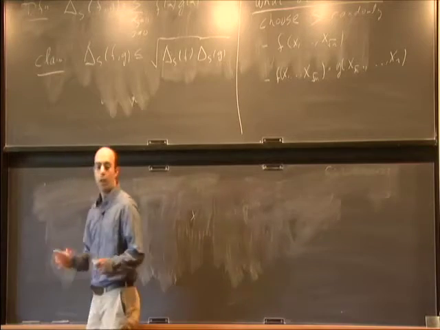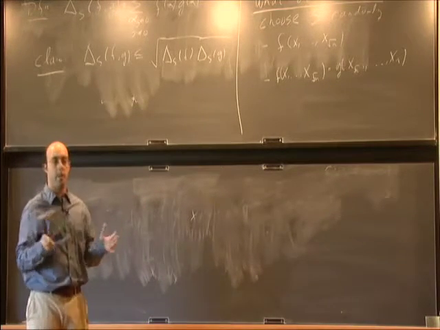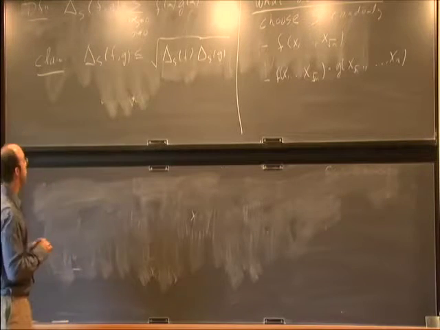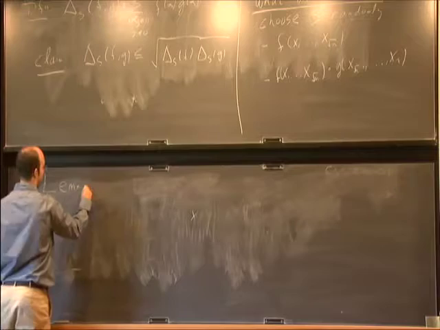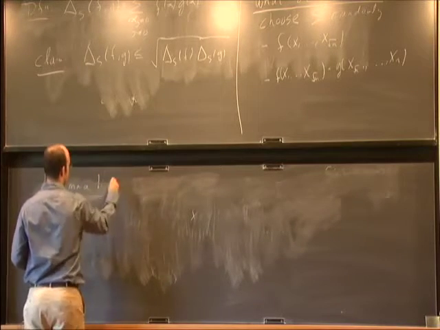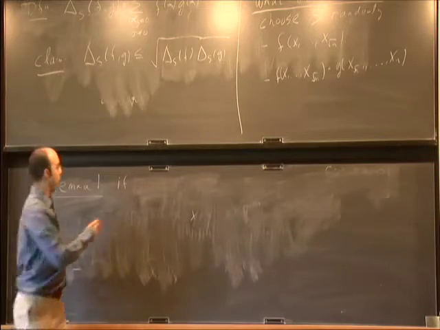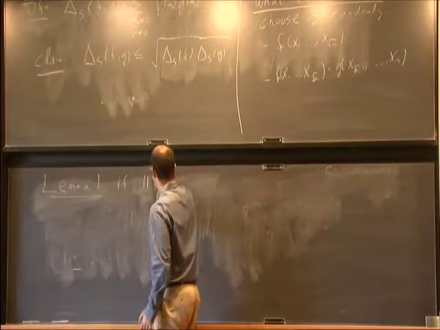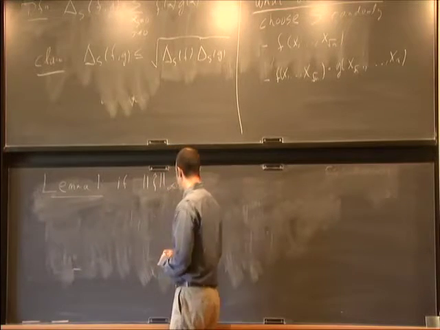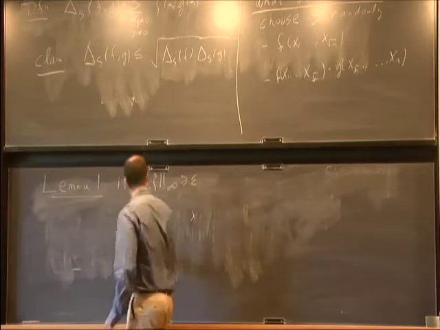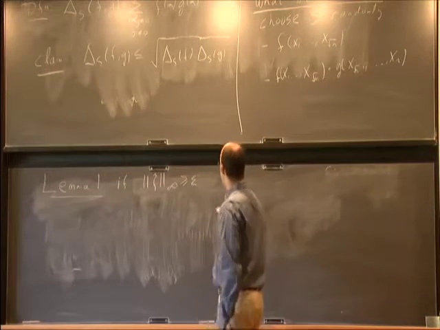The proof will analyze whether your function looks like a random function or not, but the analysis will not be by choosing S uniformly. So we'll have two lemmas and they will make up the proof. Lemma 1 will say what happens if f has some large Fourier coefficient. If the maximal Fourier coefficient of f is, let's say, above epsilon, where epsilon is the error that we want to get, then